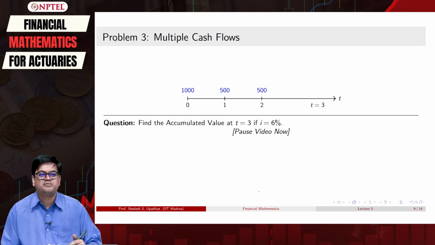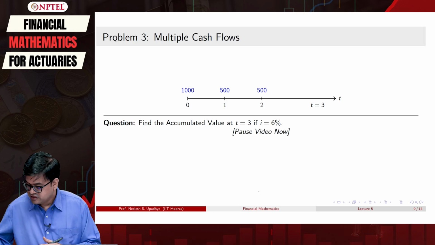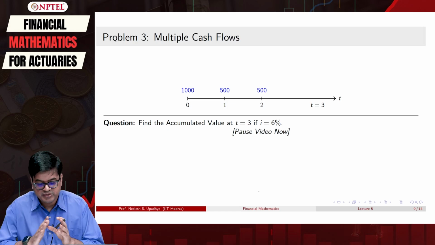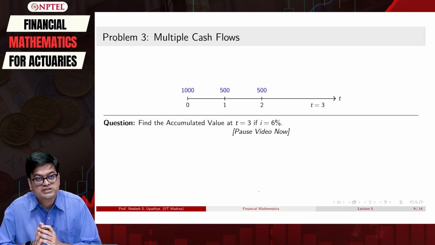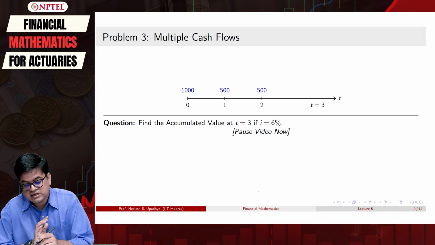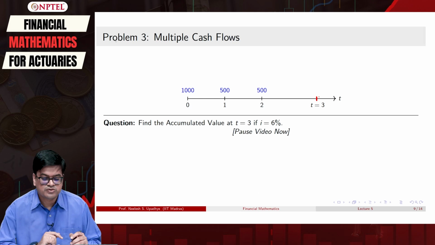Welcome back. I hope you have attempted the solution, and now let us walk through it. First of all, from the beginning I have been saying that money has a time dimension. So you cannot compare the cash flows at different time points. We have to bring them to the same level. So let us see if we bring our cash flows to time t equal to 3.